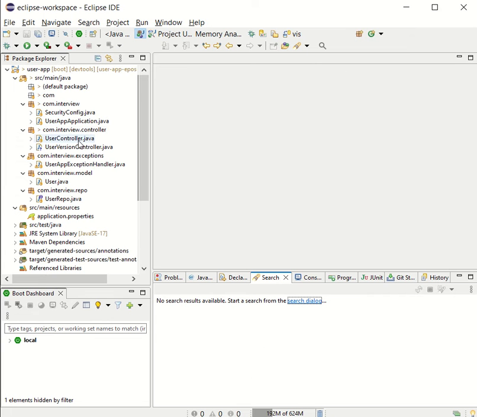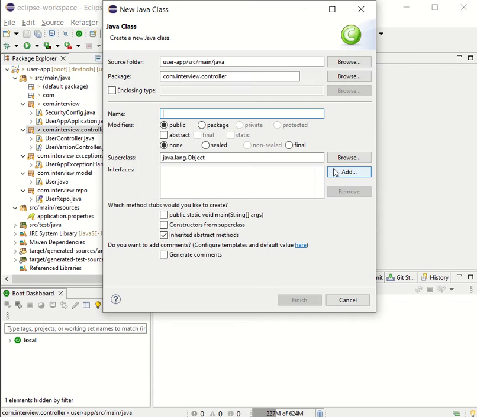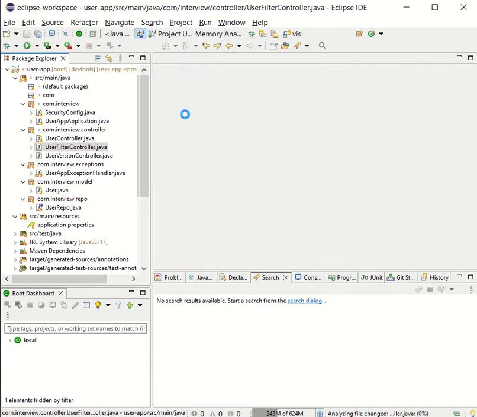Let's go to the application, and in order to demonstrate the filters, let's create a controller where we can call that a user controller. Sorry, user filter. So go to class and say a class, user filter controller, user filter controller, and